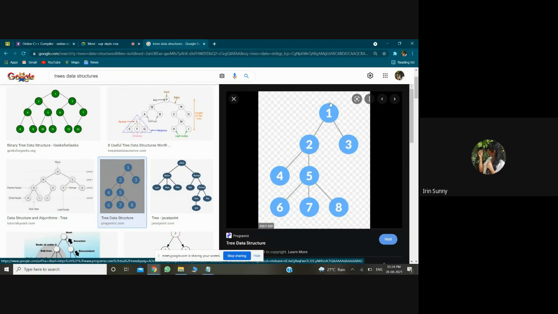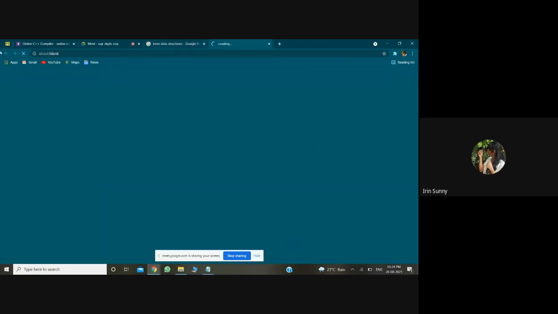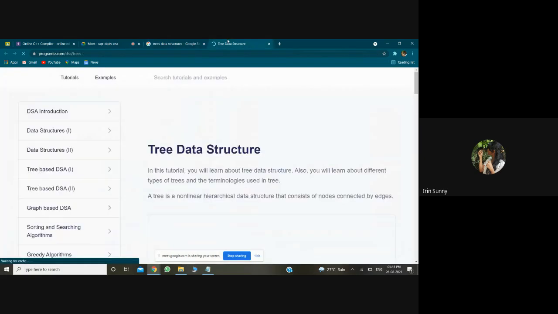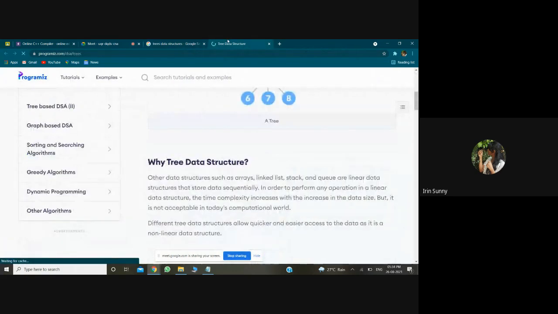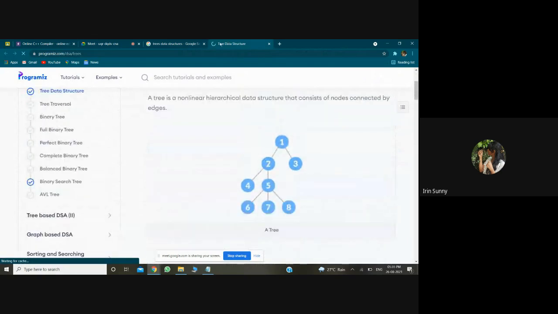Node 1 does not have any parent because it is the topmost node, so it is known as the root node. Node 1 is the parent node of nodes 2 and 3, while 2 and 3 are the child nodes of node 1. 4 and 5 are the child nodes of node 2, and node 2 is the parent node of 4 and 5.